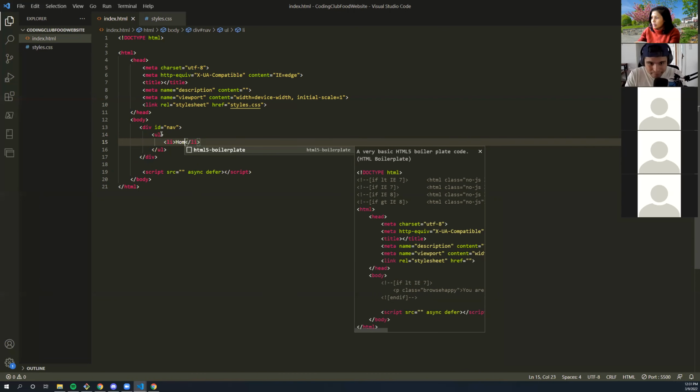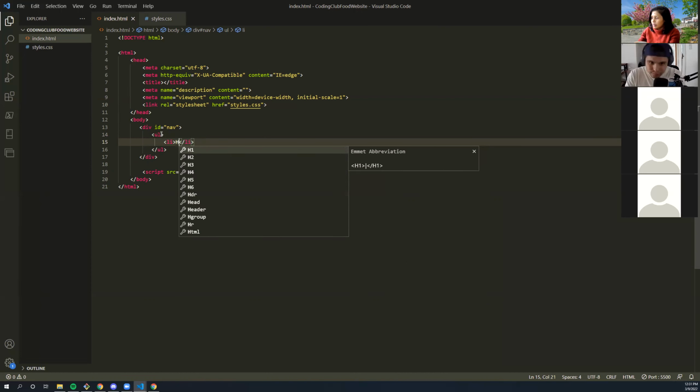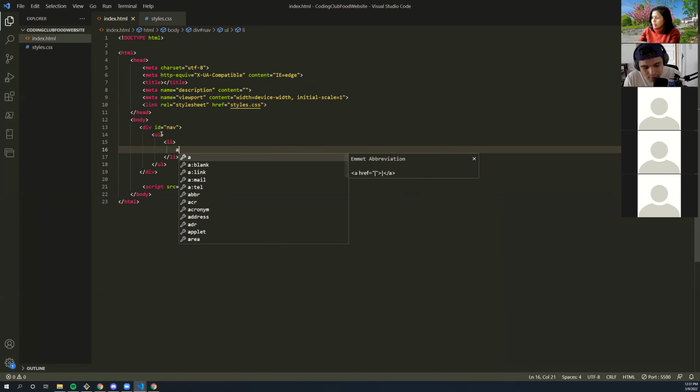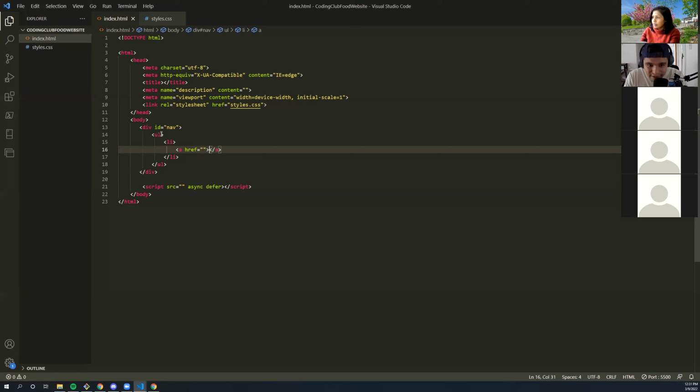Now technically, if I want to do this correctly, I would put an A tag inside of this list item. This A tag allows me to navigate to other pages. It's a link, essentially. So I'm gonna do it correctly. I'm gonna put an A tag inside of my list item, and inside of that A tag, I'm gonna put the text for the A tag, which will be home.